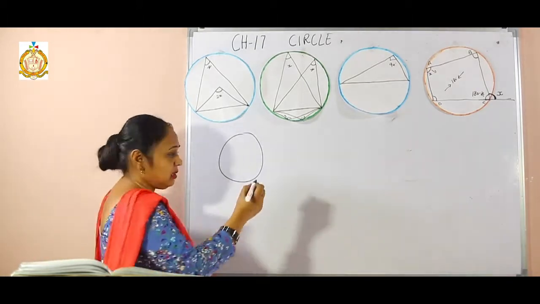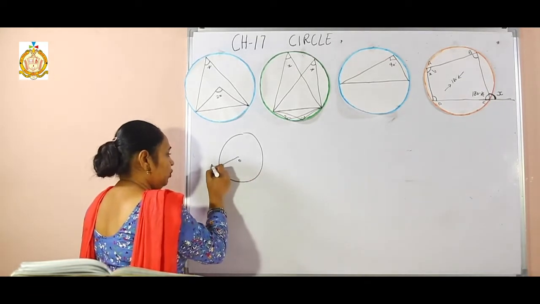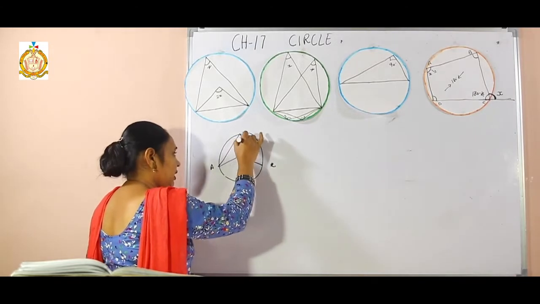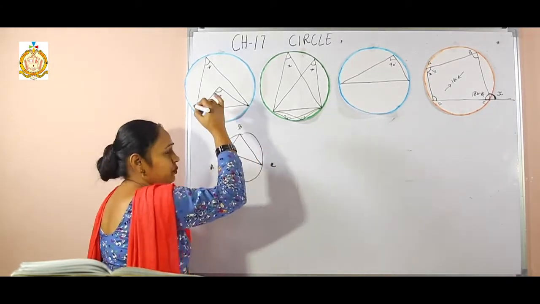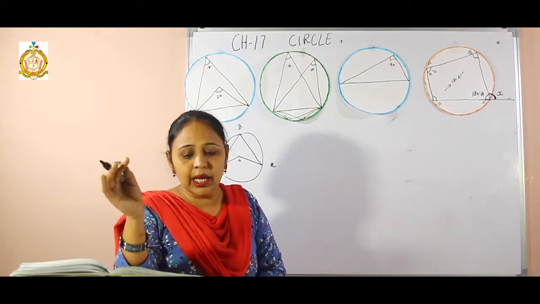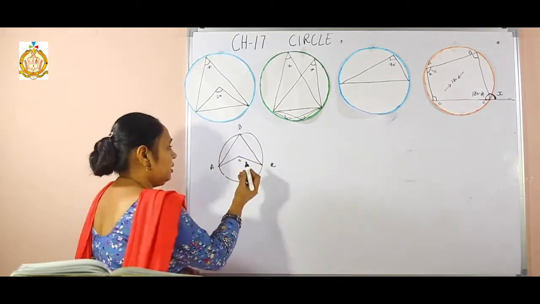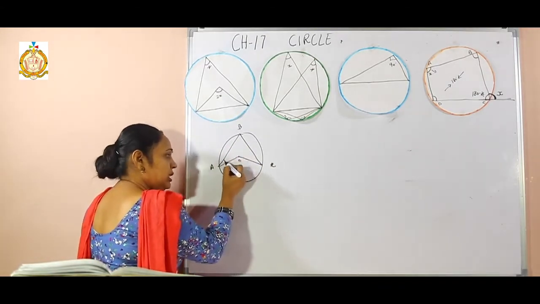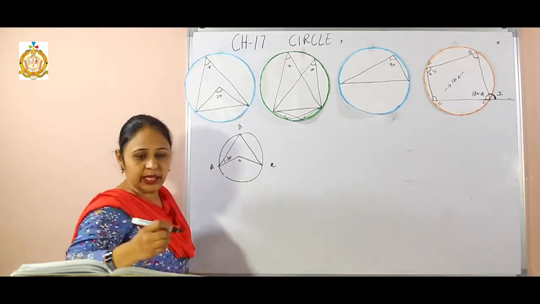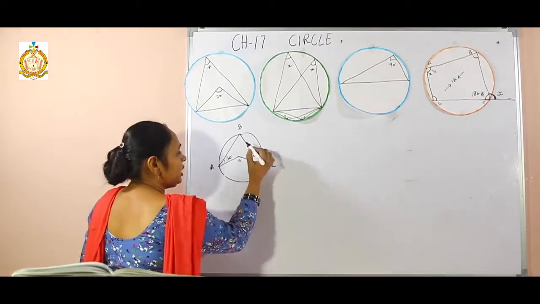Okay, in this circle, this is my center point. Then there is point A, there is point C, then there is another triangle with point B. This is the given figure, and it says: in the given figure, O is the center, angle OAB and angle OCB. Angle OAB is given as 30 degrees. Then angle OCB is given as 40 degrees.